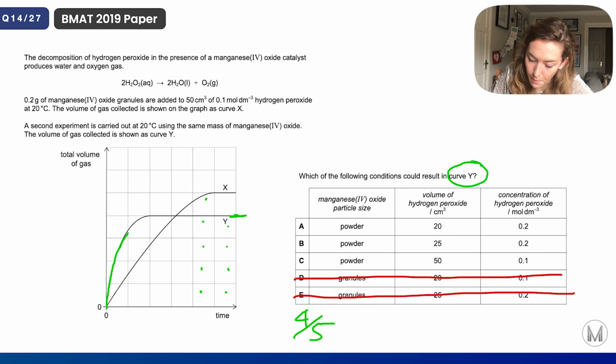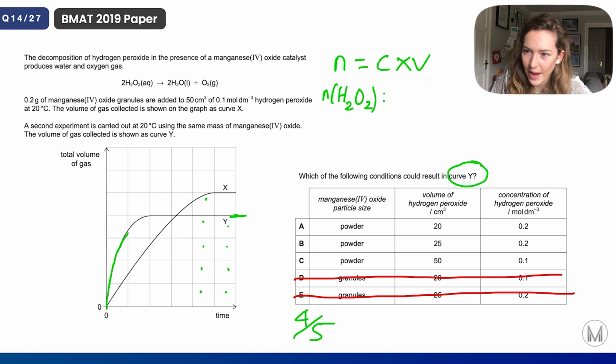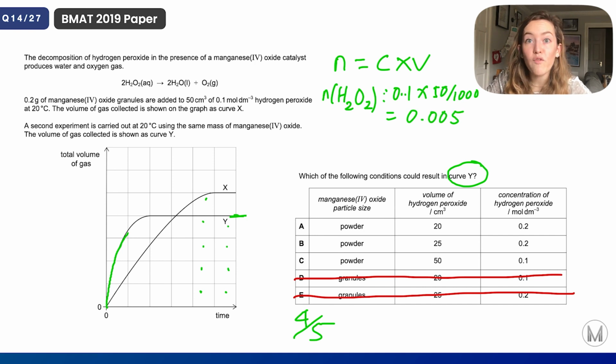So using the equation, moles equals concentration times volume. The number of moles used of hydrogen peroxide in the reaction was therefore 0.1 moles per decimeter cubed, that's my concentration, times my volume, which I need to convert to decimeters cubed. So 50 divided by 1,000. And that equals 0.005 moles. Therefore, 4/5 of 0.005 is, of course,